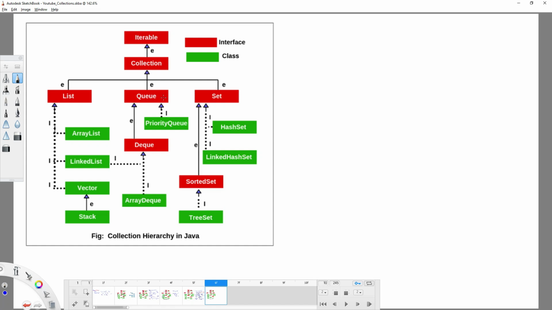Hi, welcome back. Let's see the LinkedList class. This LinkedList class is the implementation of the List interface, which means it has properties like the order in which you add the elements. In the same order it is going to display them, meaning it is going to maintain insertion order, and also wherever you want to add the elements,